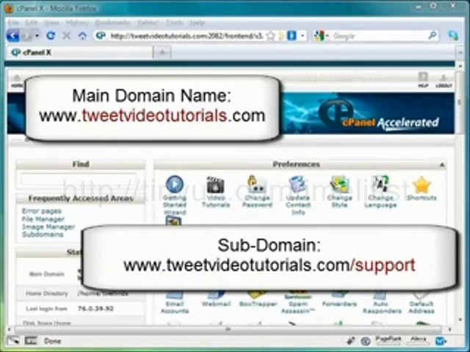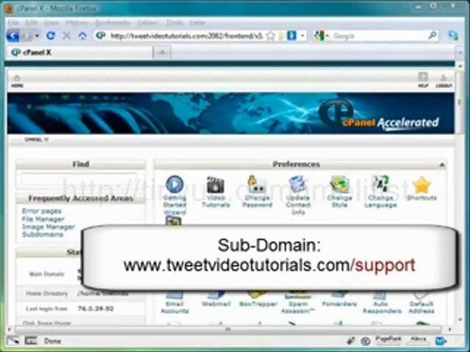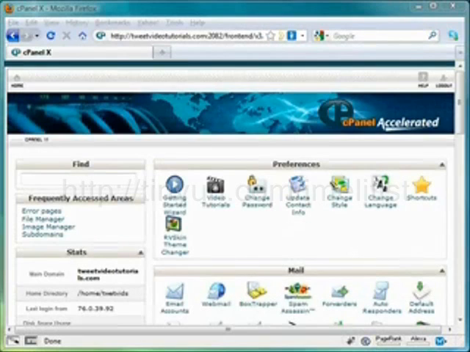For example, tweetvideotutorials.com/support or tweetvideotutorials.com/membership. Now, what's the difference between a subdomain and a subdirectory? Well, besides the actual look and the location, one being before, one being after, they're also looked at a lot differently by the all-important, all-knowing, all-seeing search engines, because the subdomains rank a little bit higher in that hierarchy of